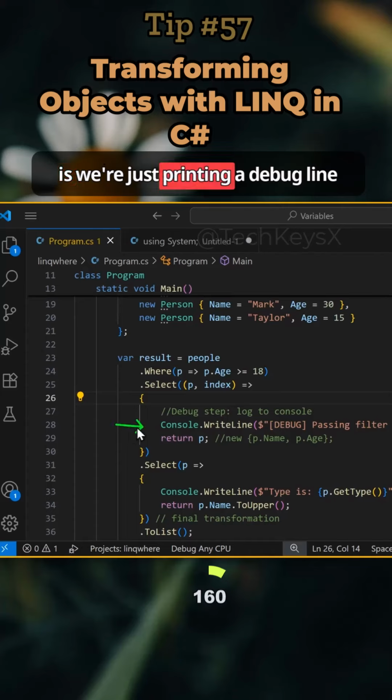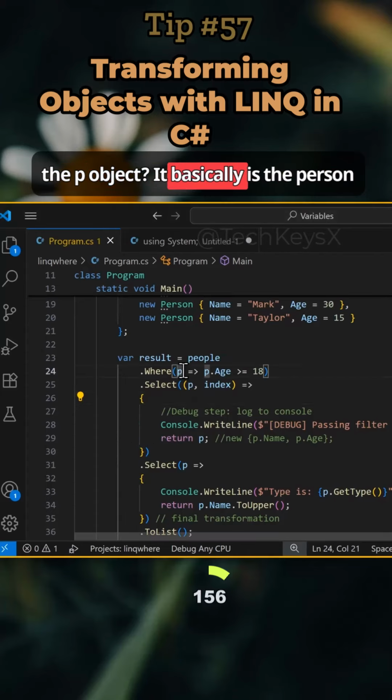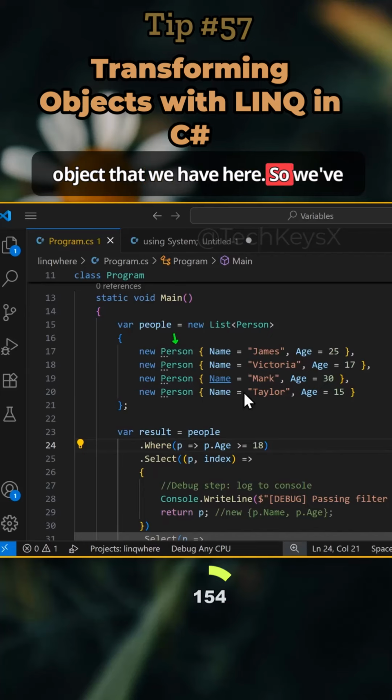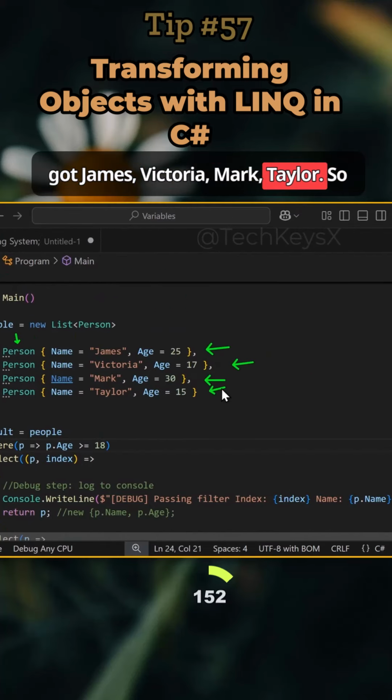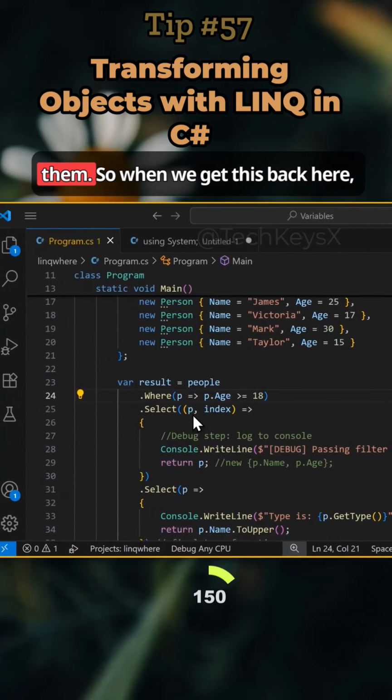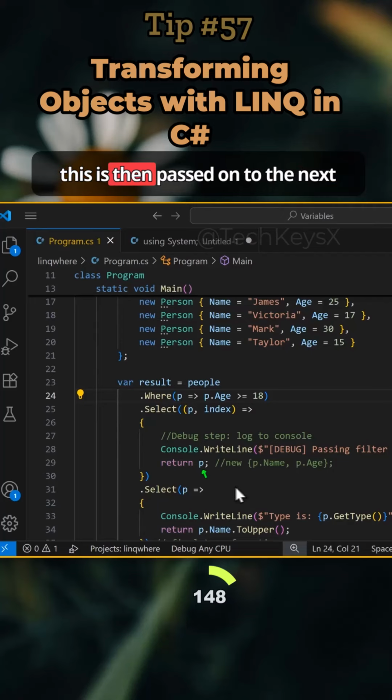What we're doing is just printing a debug line, and it returns the P object. What is the P object? It is basically a person object that we have here. We've got James, Victoria, Mark, Taylor. So this select is being applied to all of them. When we get this back, it is then passed on to the next chained select method as part